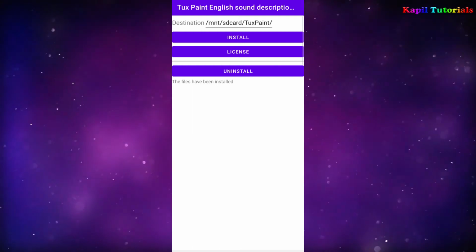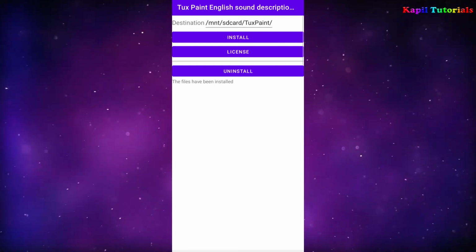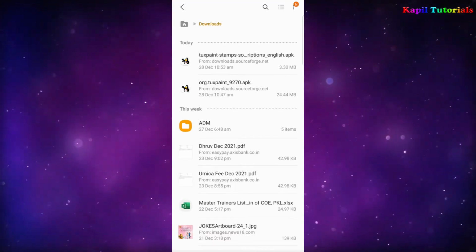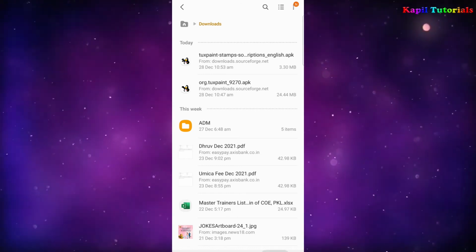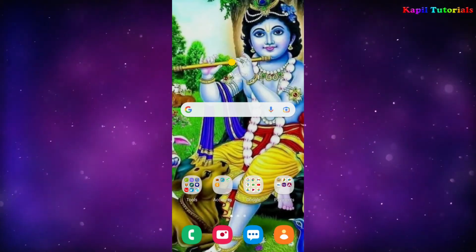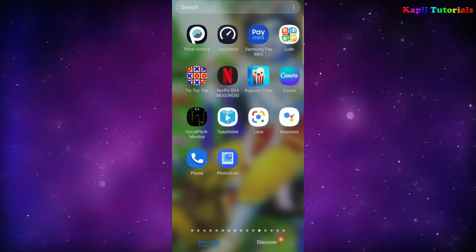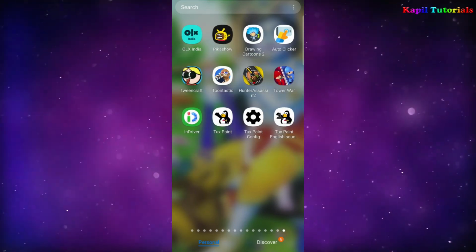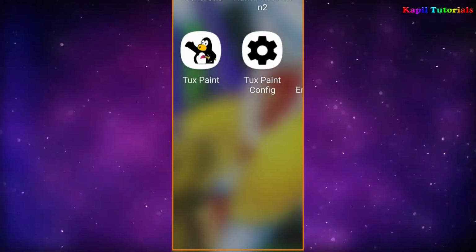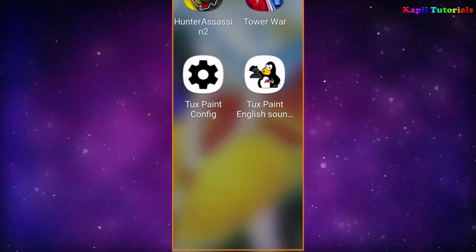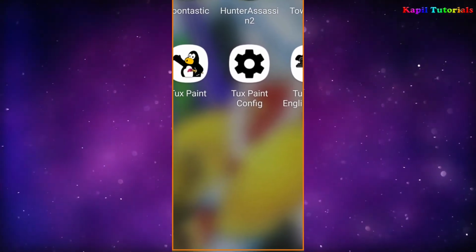It will take little time. Now you have to find the icons because both the setups are installed. So I'll find both the icons and you could see these three new icons: TuxPaint, TuxPaint configuration and TuxPaint stamps.